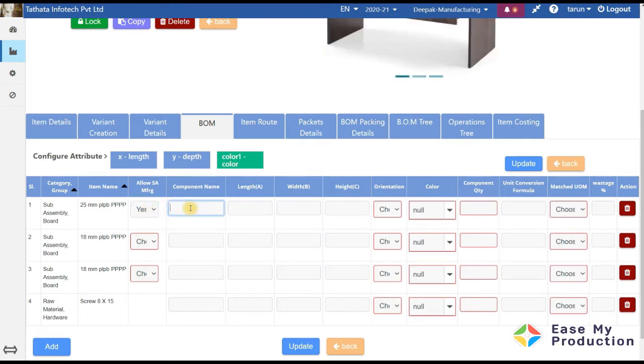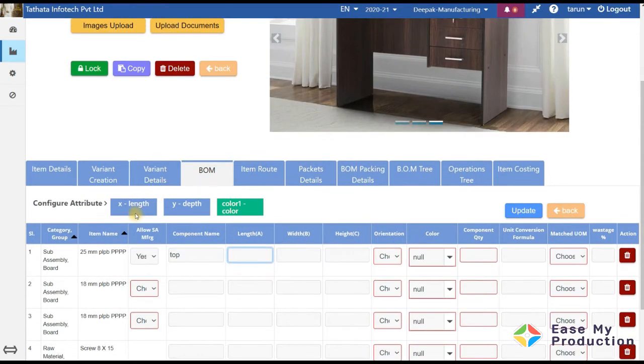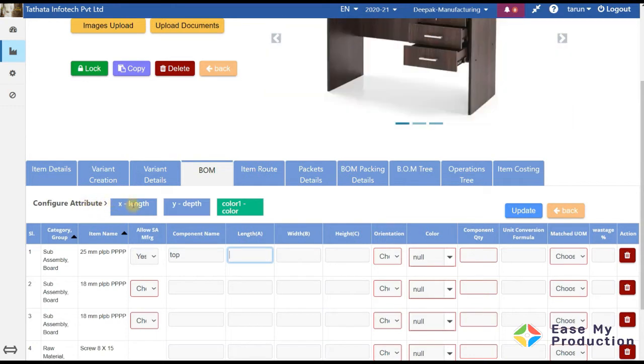And now we name this component, we call it top, and now we have to give the values for length, width and height. Now as you can see, in my configurable attributes, x I have taken as length, y I have taken as depth.